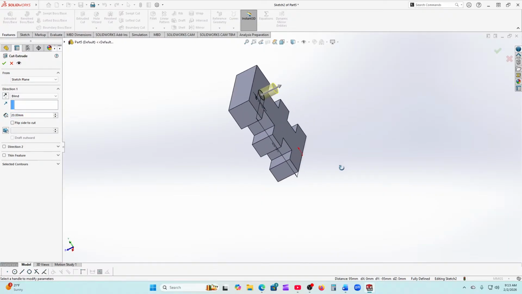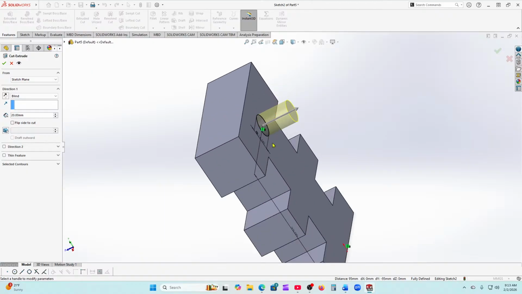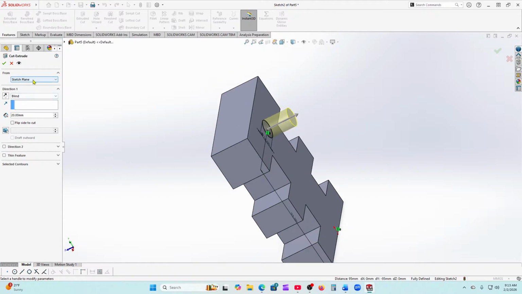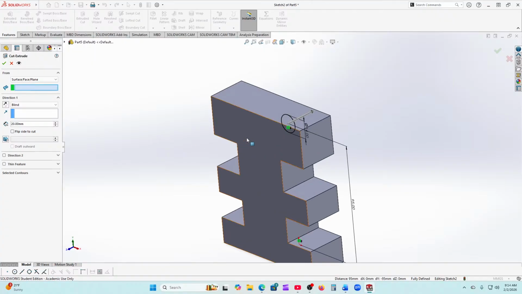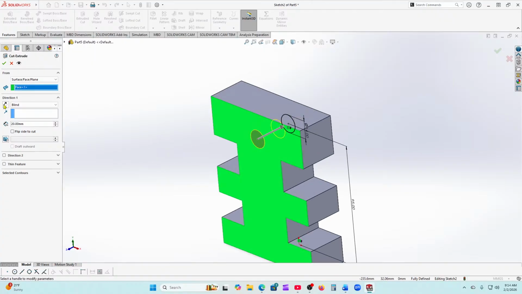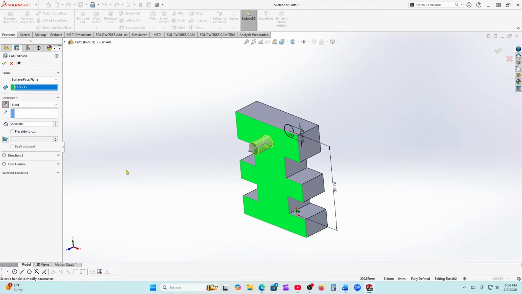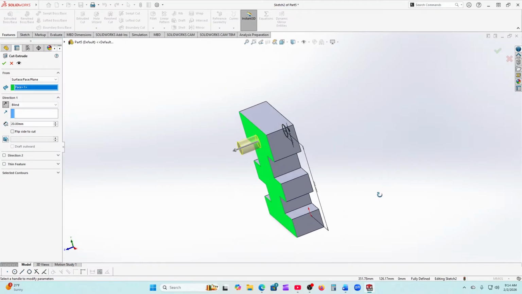I drew that in the front plane, so it draws it where the actual front plane is. Let's say that I was trying to do a boss right here. Well, now this is on the wrong side, right? So what I can do, this is from the sketch plane. I can do it from a surface, even though I sketched it over here, and I can click right here, and then here I can change the direction, and it will allow me to make a boss where I want it. But now it's giving me some errors